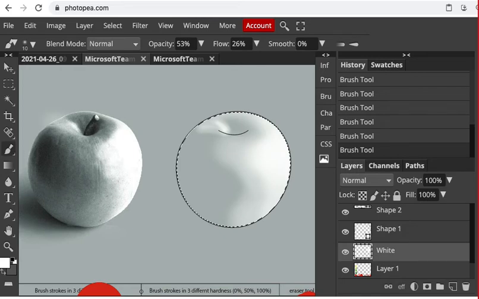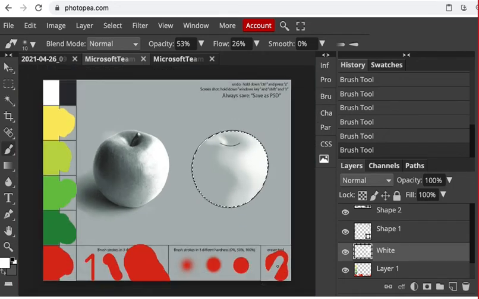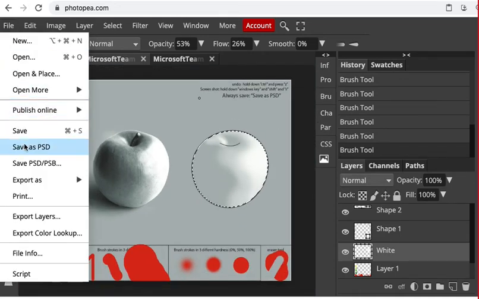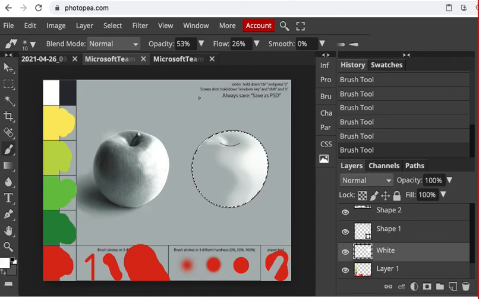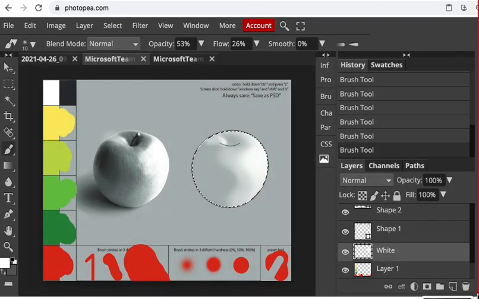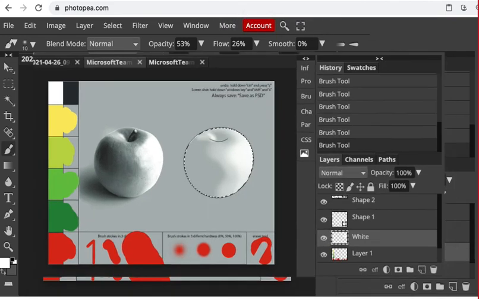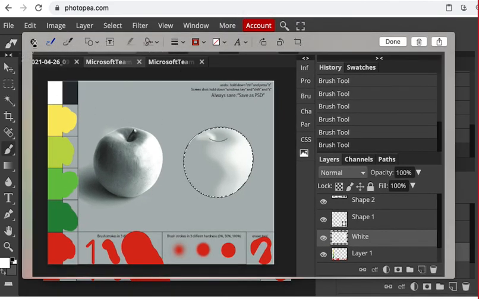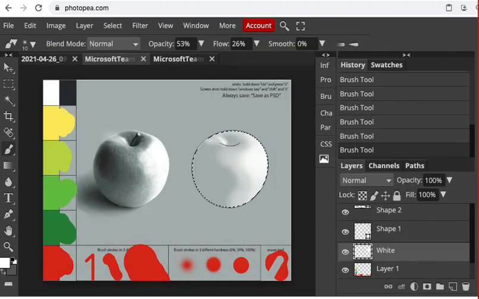Once I'm done with that, I can go ahead and save the file as a PSD. And then again, take a screenshot of my work. I want to be able to see the actual work itself, and I want to see your layers. That picture that you took will be the one that you submit for this part of the project. I'm going to go ahead